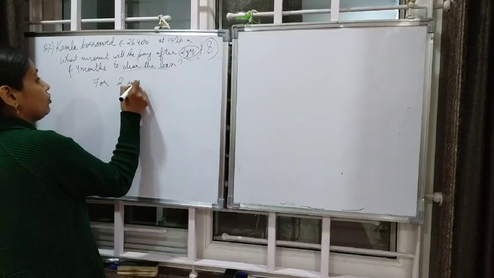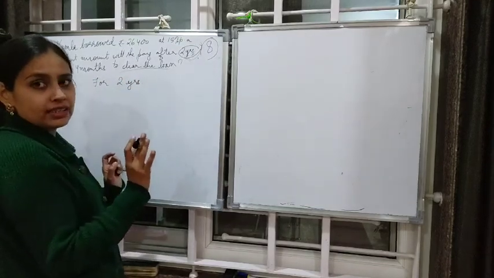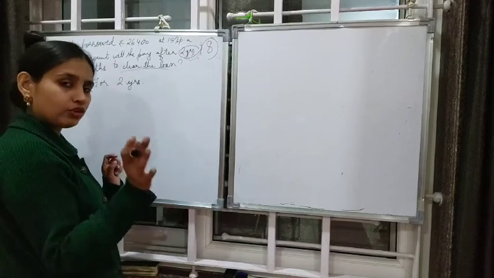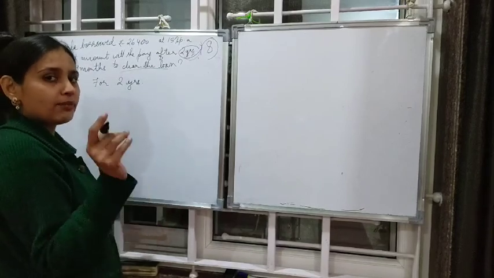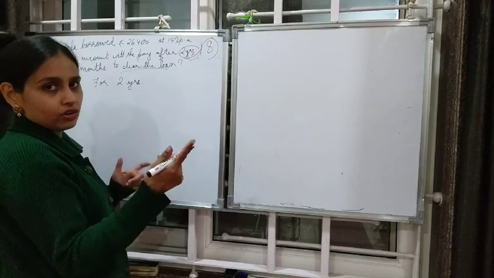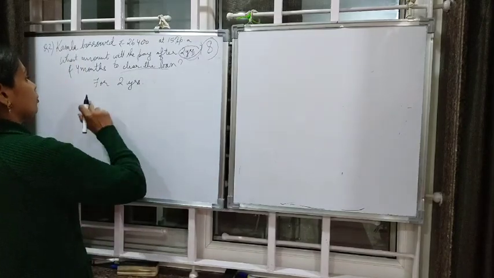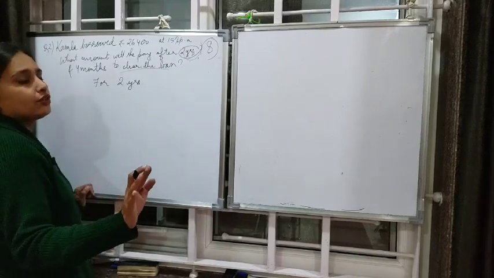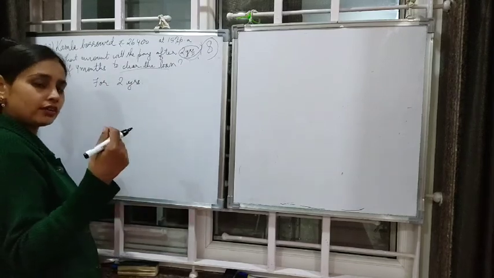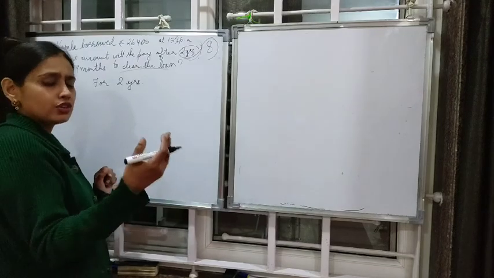For 2 years. Children, you don't have to write these questions anywhere. You don't have to. Okay. You just go through these questions. Why? Because you are going to do it in your activity, no? So there you are going to write the questions. But if you are interested to write the questions, I have no problem. Okay, there is no harm in studying extra. So, you can do it.